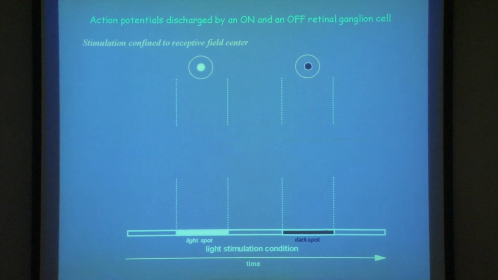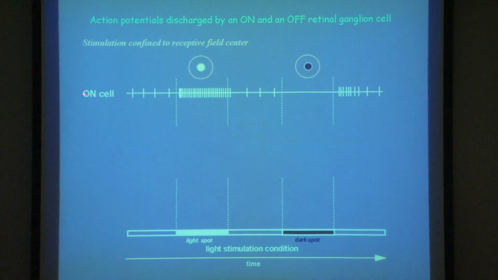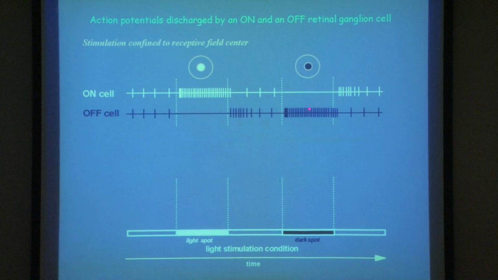And so this idea then, if it's selected that way, schematically looks like this. An on cell will fire vigorously when a bright spot appears in the center, and will not fire to a dark spot. If anything, it will be slightly inhibited. Okay? By contrast, when you look at an off cell, you get the inverse. It fires vigorously, it gets excited by a dark spot,